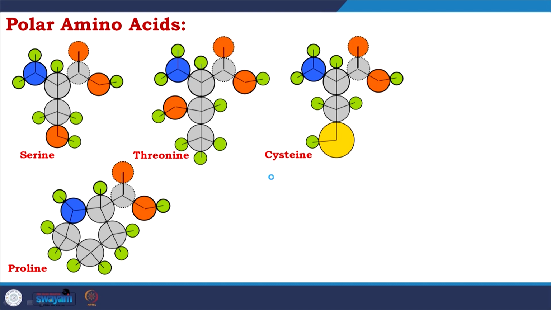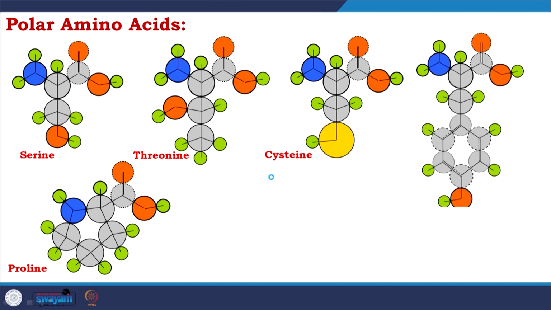Remember, I told we will talk about proline once I put it on the non-polar group, and now I put it on the polar group. I will definitely talk about it, but before that, when we are talking about serine and threonine, we cannot stop talking about tyrosine. So if you now look, again I am highlighting the common zone. So you could find the extra zone, like CH2OH for serine,